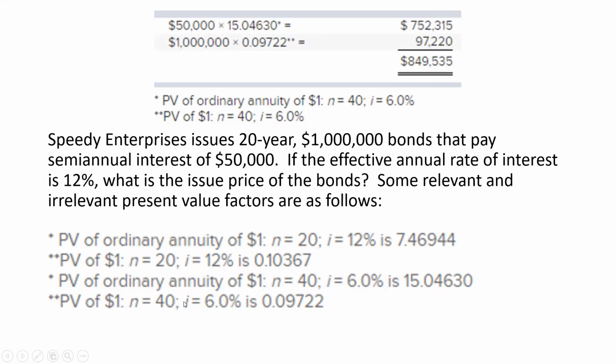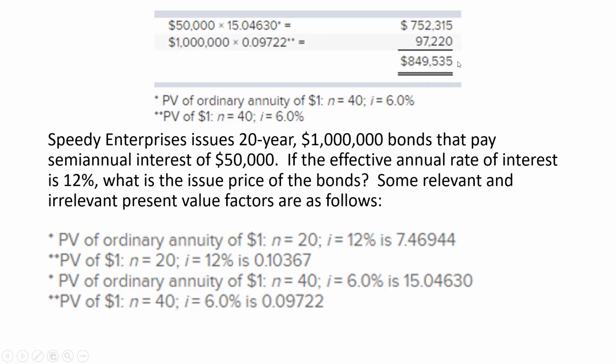We're still going to use the 40 periods at 6% because it does make a difference with compounding. We'll multiply it times 0.09722. We get the present value of that $1 million 40 periods from now. Wow, that's a big difference, it's $97,220. Then we add those 2 numbers together to get